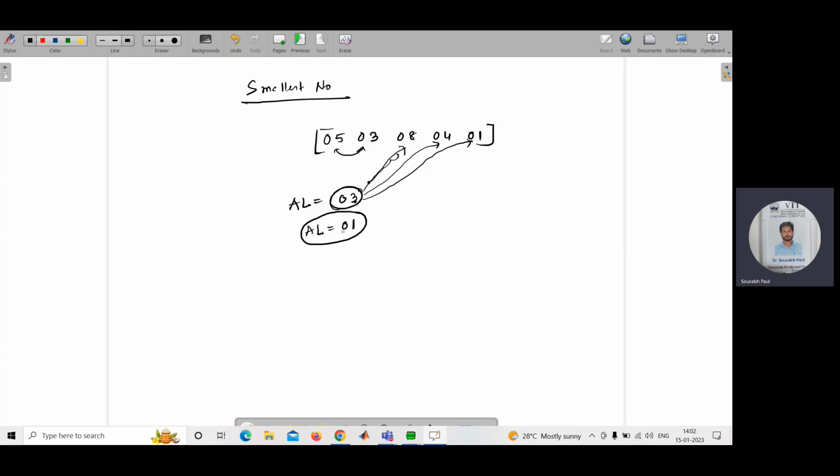Suppose you have taken 5 elements in this array. So one register you need to select to do this count. Generally for count we can take the CL register. It's not that only CL, you can take any register according to your requirement. So we can take CL equal to 05, because we have used 5 numbers in this example. So in the program also we'll take 5 numbers. So CL has to be 05, which has to be decremented